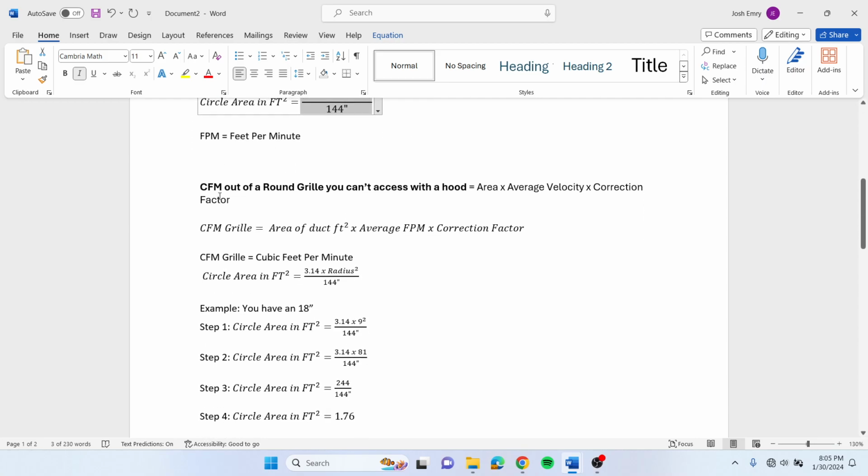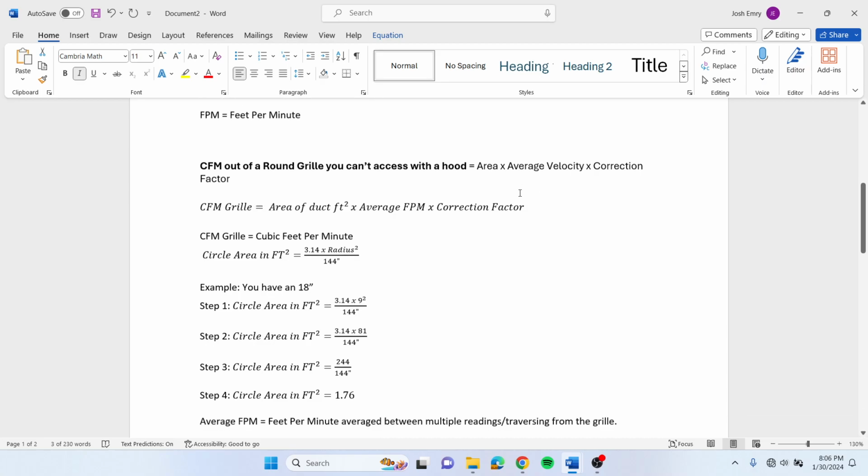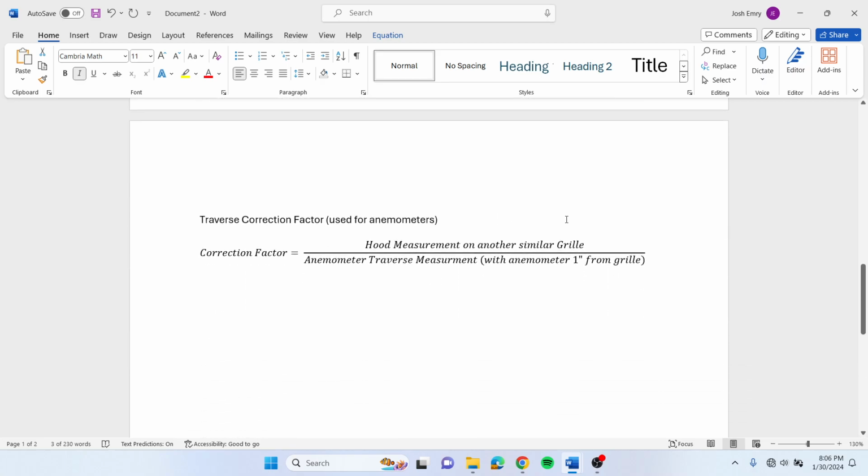A little side note here: if you're using a hood and you're reading a bunch of grills in a zone, and you need to know the CFM out of one of the grills that you can't access with a hood because there's a shelf in the way or there's some reason why you can't get the hood on there, then you can come up with a correction factor to help make an anemometer reading close to what your hood was reading. So how you do that is you just take the hood measurement on another similar grill,